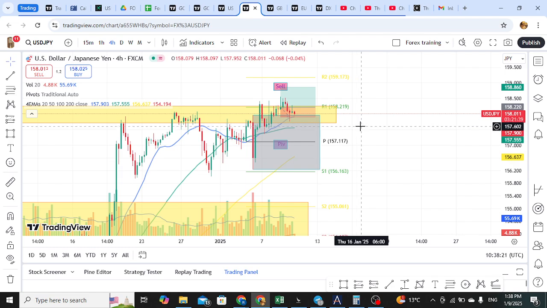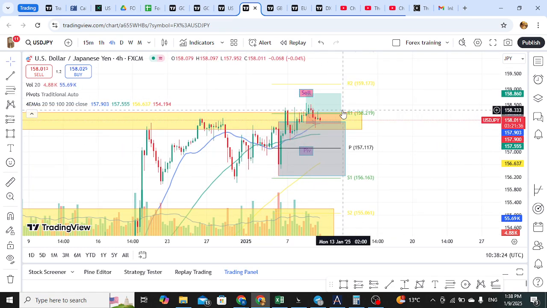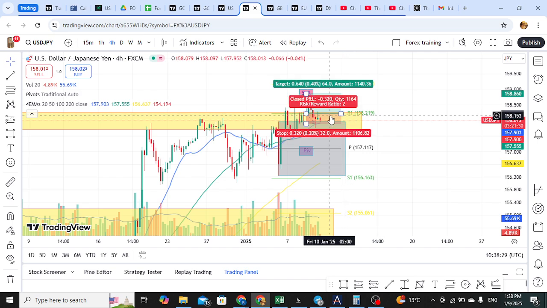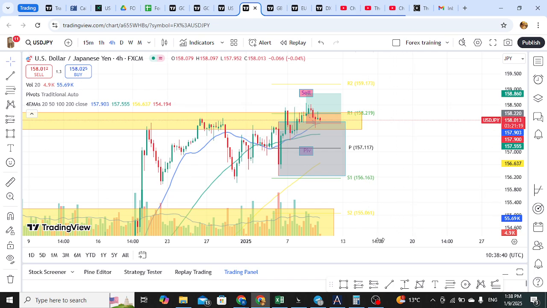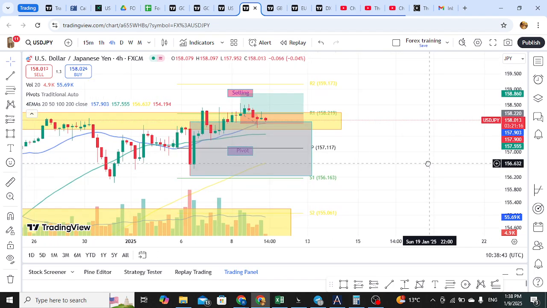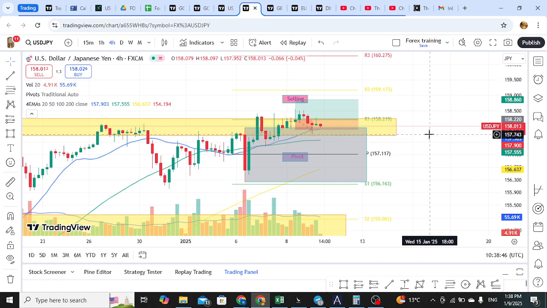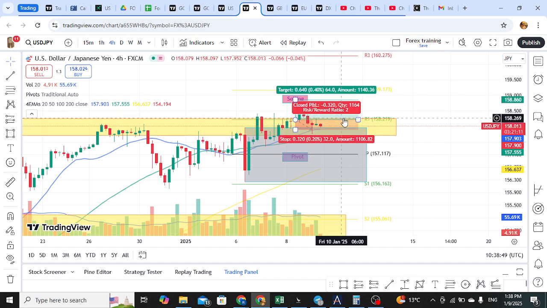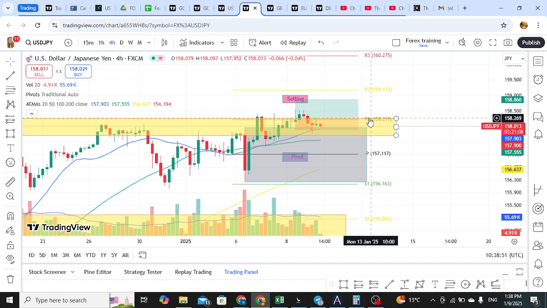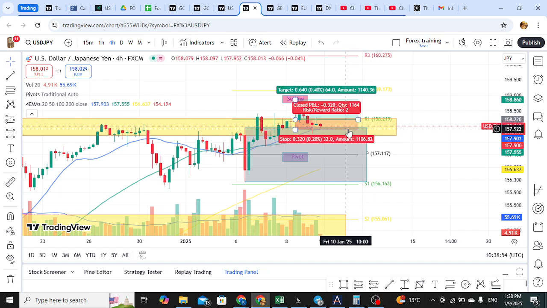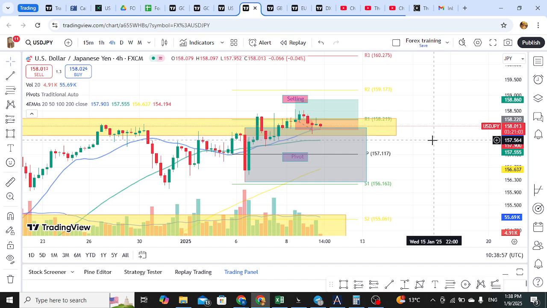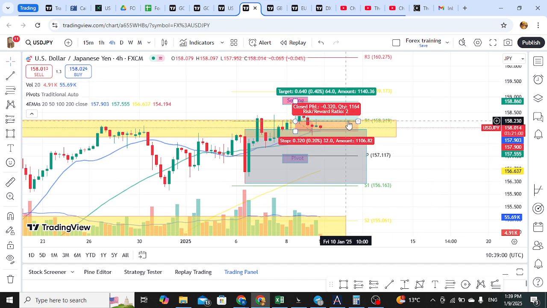The USD JPY has this R1 pivot level, which is resistance 1. It went up there, and to me, now the resistance became support. Let me enlarge this. So the question: would it retest the pivot, the R1 and the support, or will it retest the volume zone? To me, if it was going to retest, it was going to retest those two. Those two are powerful